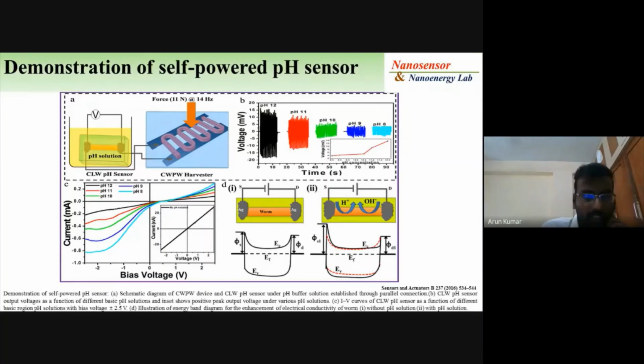For this graph, the current versus voltage IV curve, we used the Keithley IV instrument, and here we used a nano voltmeter. And this is the band diagram, which shows that whenever we introduce the chemical solution, the pH solution, the energy band varies, right? You can see here there is a change, like there is a difference between the valence band and the conduction band.